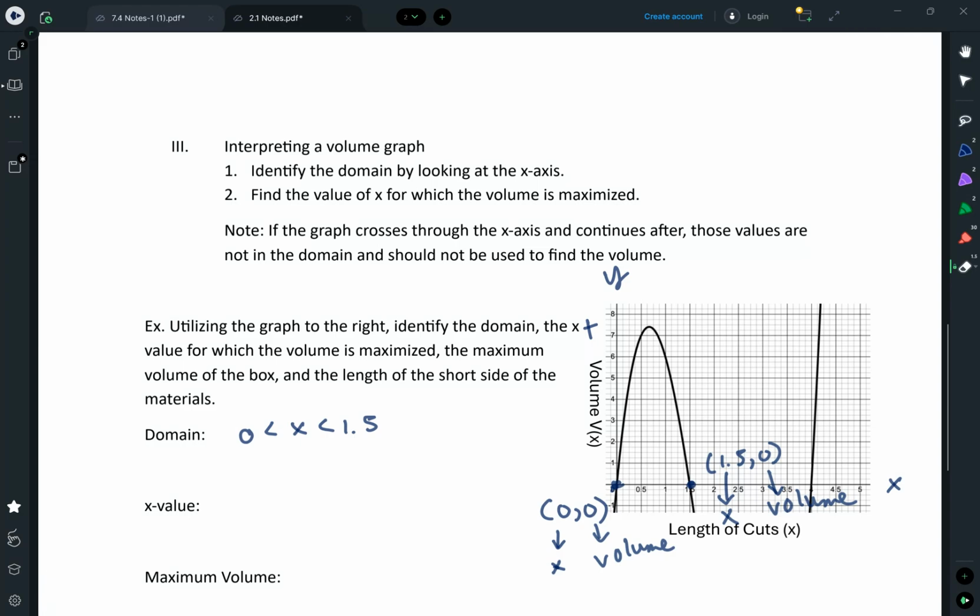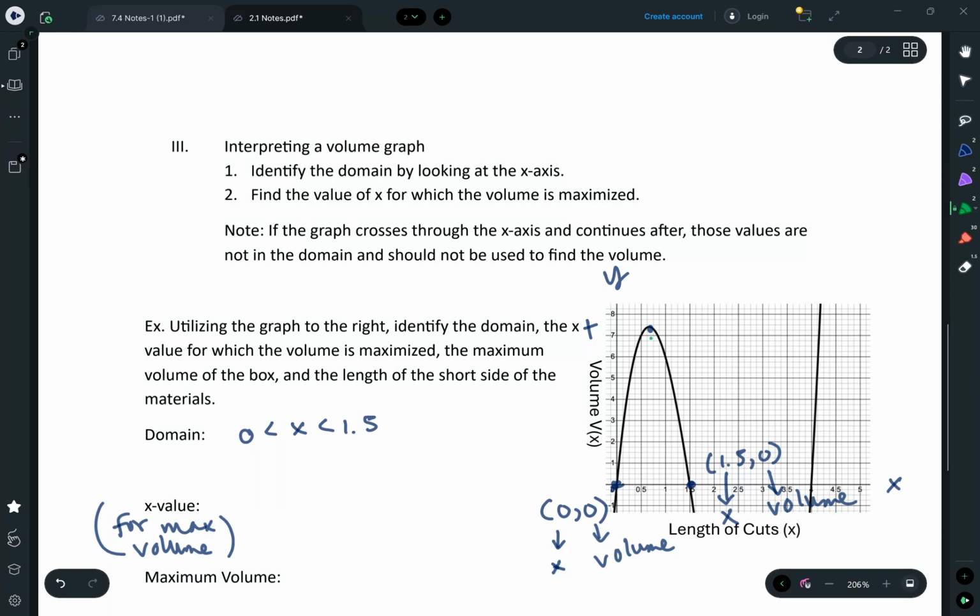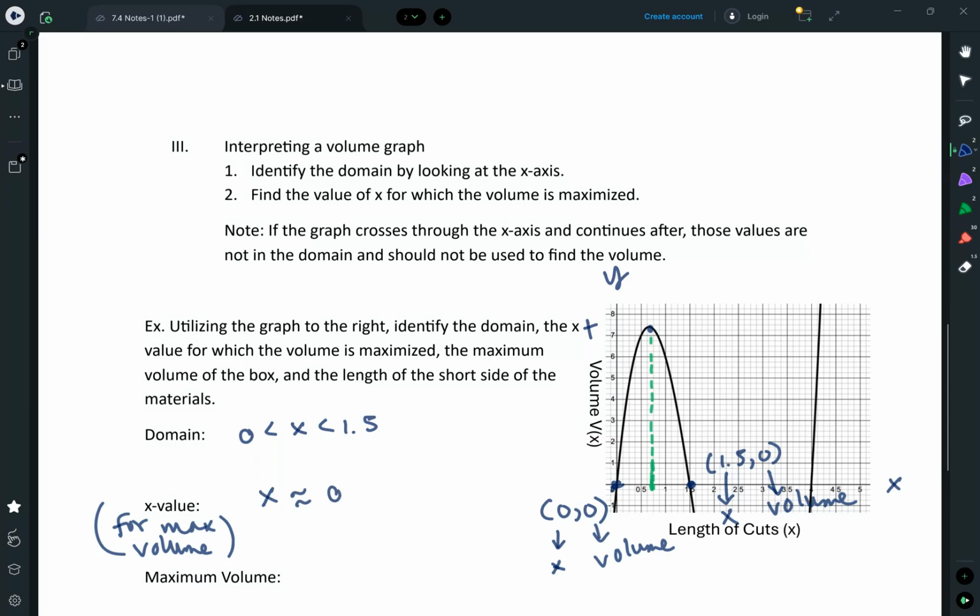Now I want to think about when my x value is happening, and this is for maximum volume. So if I think about where I have maximum volume, that's this point at the top right here. So I need to figure out the x value that corresponds to that. That means I've got to trace this down to my x-axis here and try to figure out what it is. Actually, it looks like it's more in the middle of this box over here. It looks like about 0.65 to me. The book says 0.63. I just know it's in the middle of the square between the 0.6 and the 0.7. So I'm going to write x as approximately equal to, and I'm going to use my 0.65,